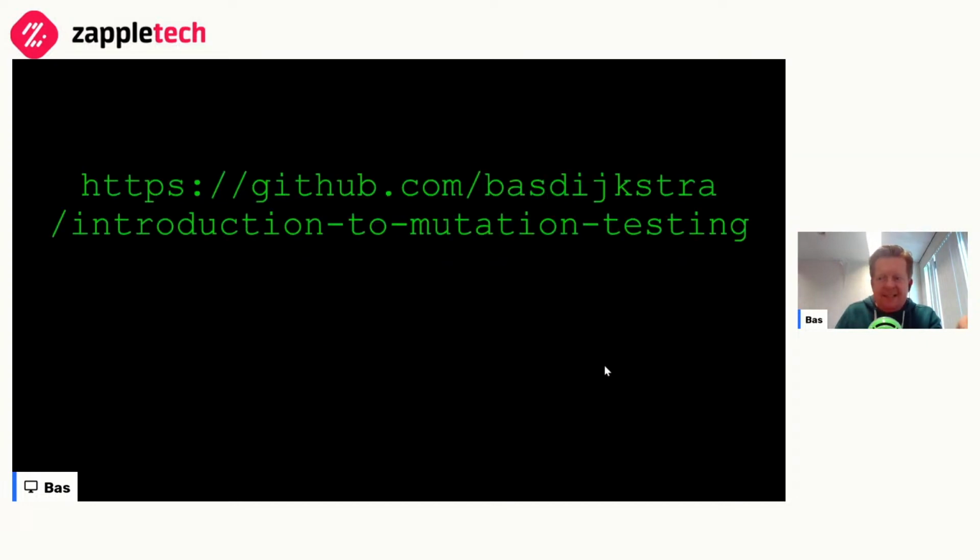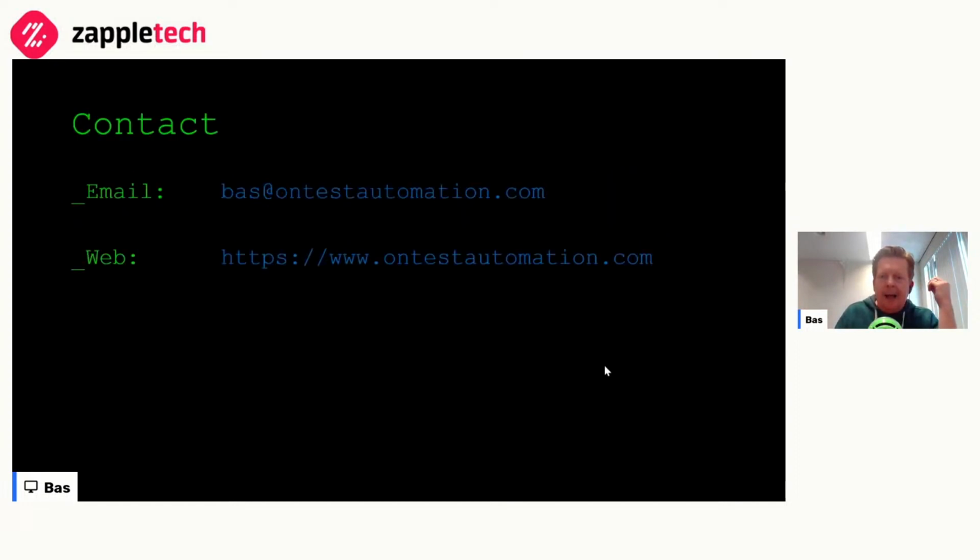That's it, basically. As I said, if you want to try out mutation testing for yourself, all of the code that I've shown is on GitHub. You can find it in this repository you see on screen right now. And of course, we're going to the Q&A right now, but if at some point you have a question about anything mutation testing or test automation in general, just about life or whatever, you can find me on the internet and you can always send me an email. Thanks. Over to you again, Larry.